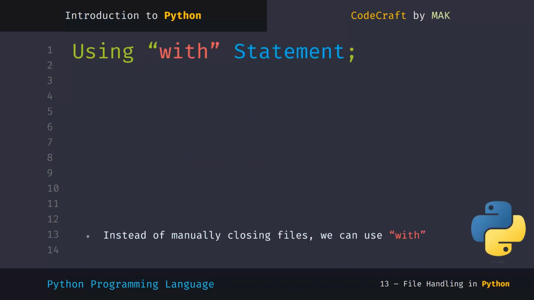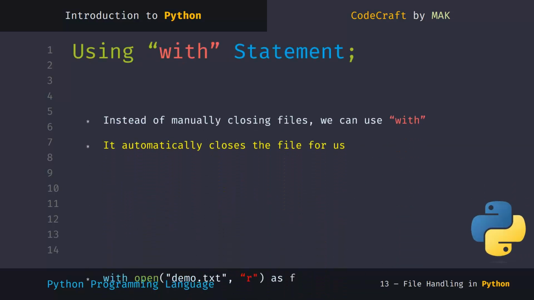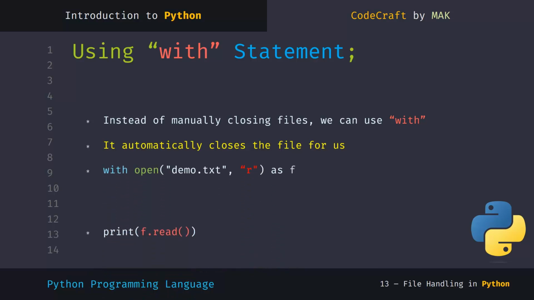Using the with statement. Instead of manually closing files, we can use the with statement. It automatically closes the file for us. For example, with open("demo.txt", "r") as file,